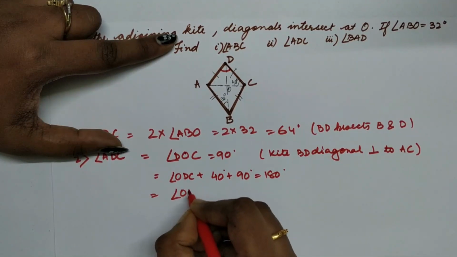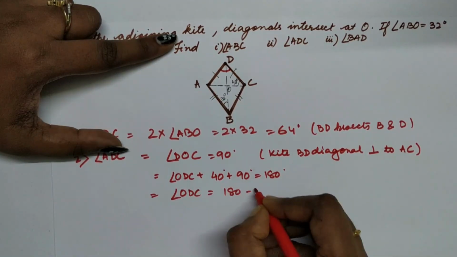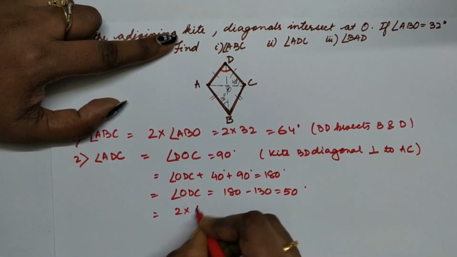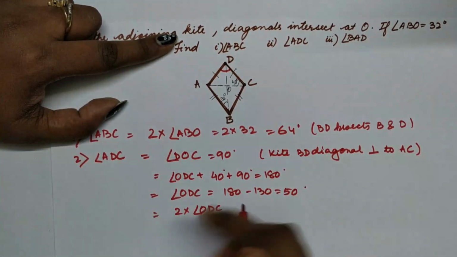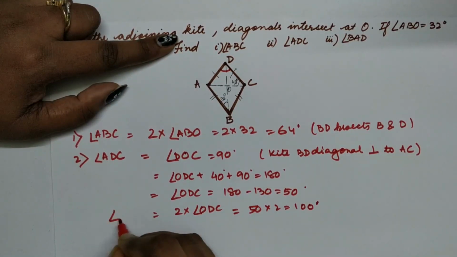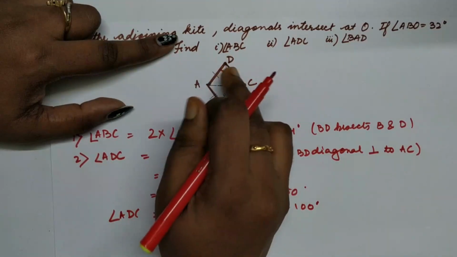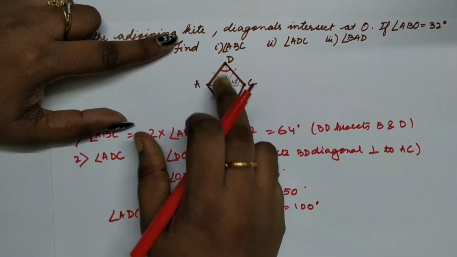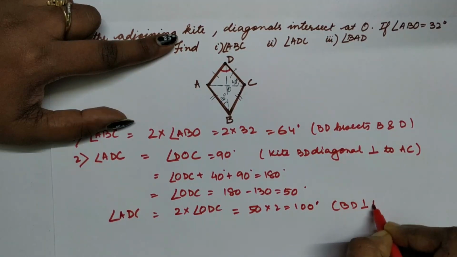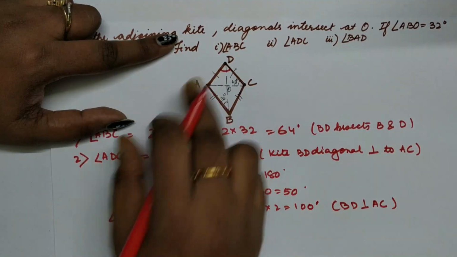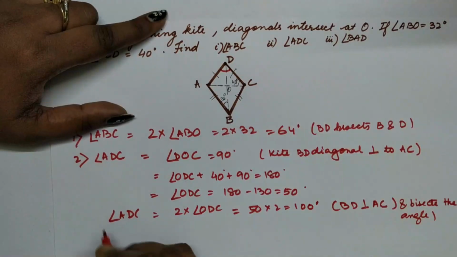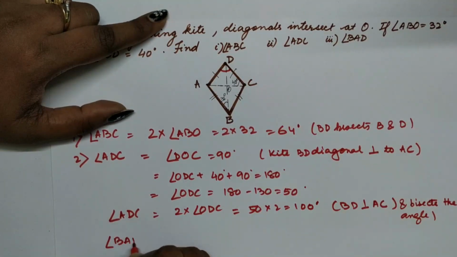So angle ODC is equal to 180 minus 130, that is 50 degrees, and twice of ODC is ADC, that is 50 into 2, 100 degrees. So angle ADC is twice of angle ODC because BD is perpendicular to AC and they are bisecting the angles. And to find the last one, that is BAD,